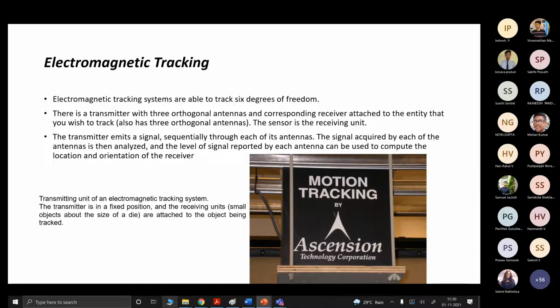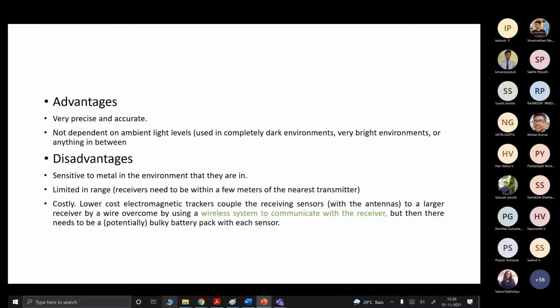In the example specified here, the tracking unit of the electromagnetic tracking system is shown. The transmitters are kept in a fixed position, whereas the receiving units are attached to the object being tracked. So with the help of the transmitting and receiving systems, we can find out the location and the orientation.